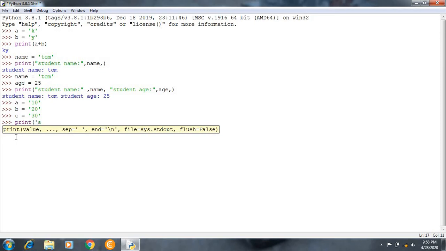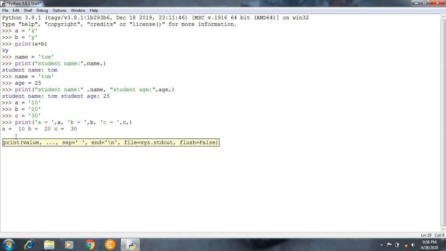Use single quotes, a, is equal to, again open a quote, comma a, again comma, open a quote, give space, open a quote, b is equal to, open a quote, comma b, close it. And for c, open a quote, c is equal to, open a quote, comma c, and close it. Now give enter. Got it?